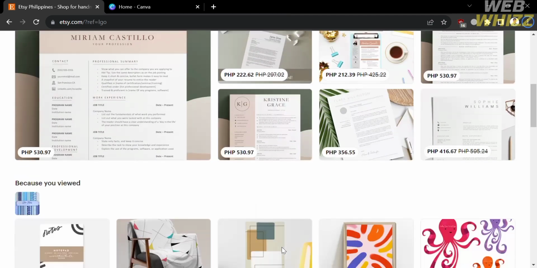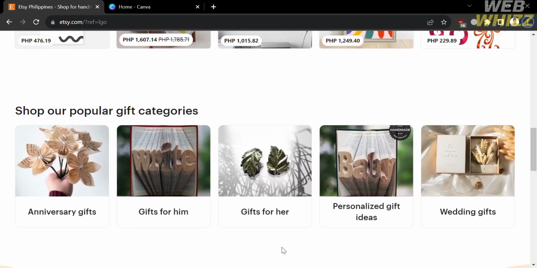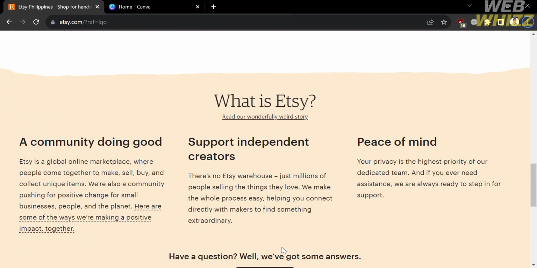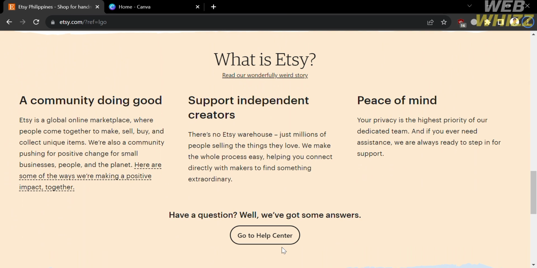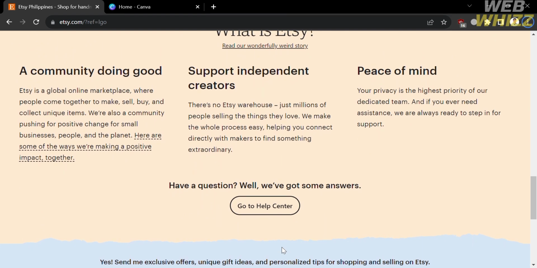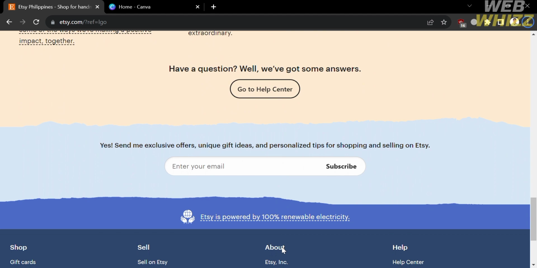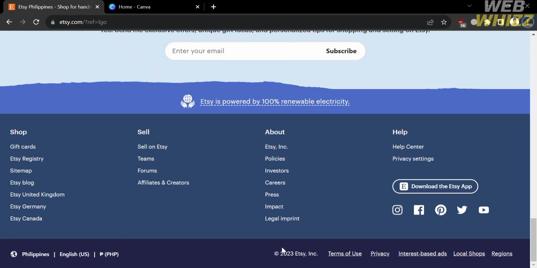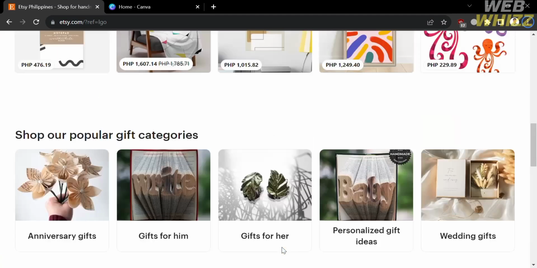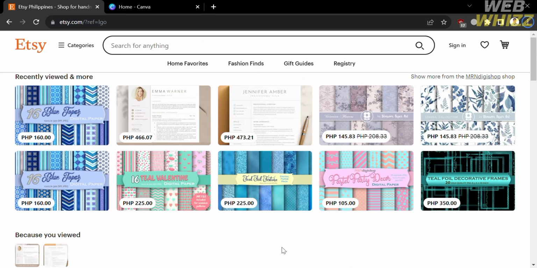And if you don't know Etsy, it is an e-commerce platform and online marketplace that is known for its focus on handmade, vintage, and unique products. It provides a digital platform where independent artisans, crafters, artists, and vintage sellers can showcase and sell their handmade or vintage items to a global audience. Etsy has gained popularity for its commitment to supporting small businesses, promoting creativity, and offering a wide range of